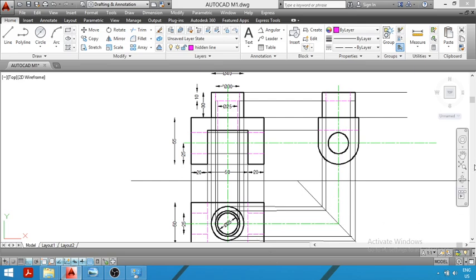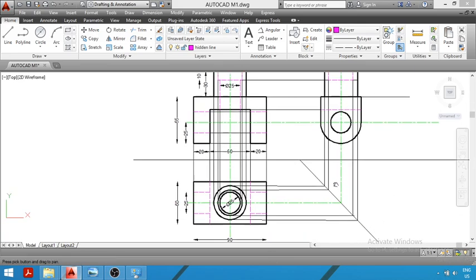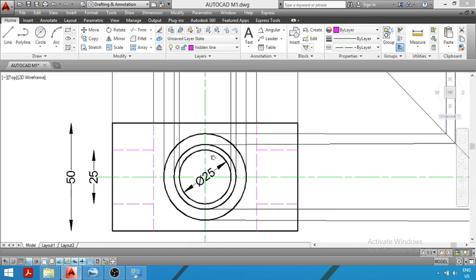In order to project the diameter, we will project the end points of this inner circle. You can see this inner circle is of diameter 25 and it represents the lower hole. So now we will project the end points of this inner circle of diameter 25. This is the first end point.